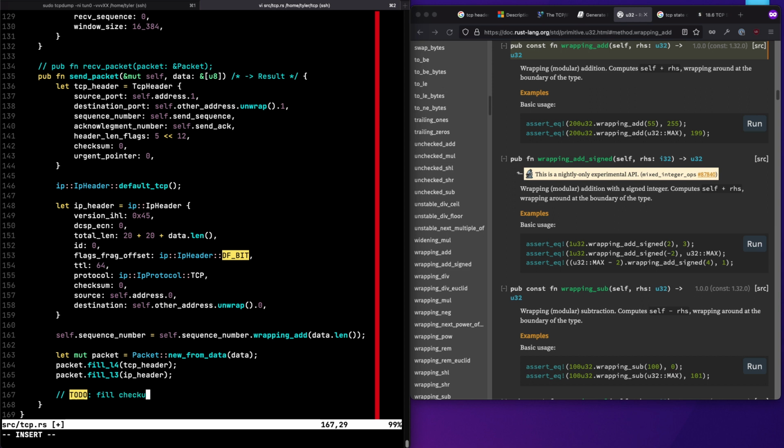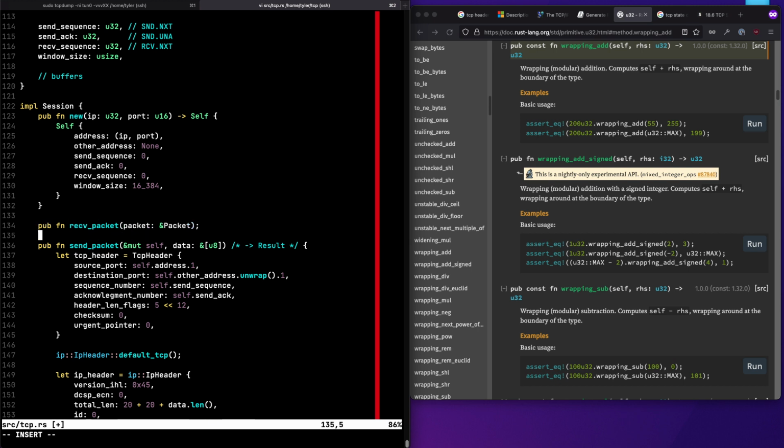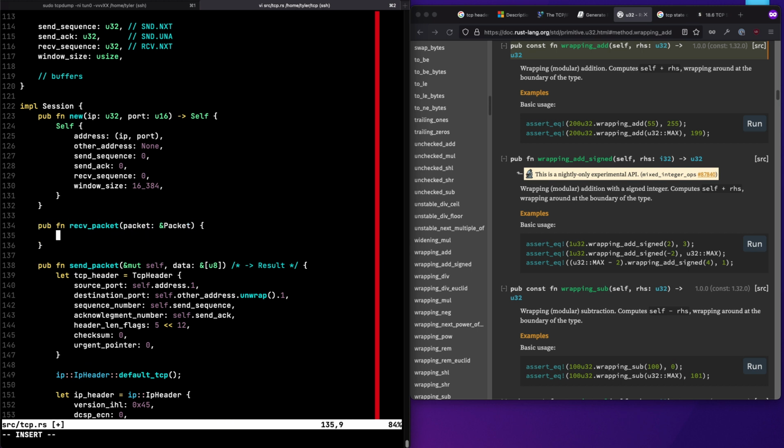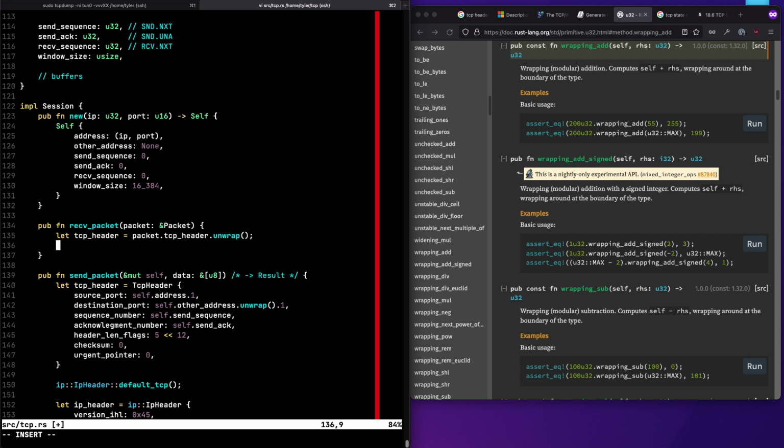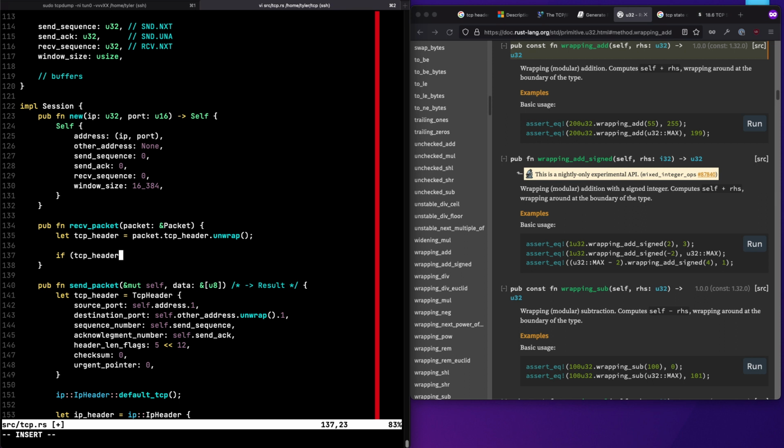Fill checksums. So that's sort of, I mean, this is like an outline, right? This is not complete, but what is received then going to look like in the trivial case, because obviously there's the case of other address is none, and we have to do an accept operation or something, but we're going to ignore that for the moment. This becomes a question of, hey, if, well, okay. If it's a SYN, right? Now we just have to go into the,